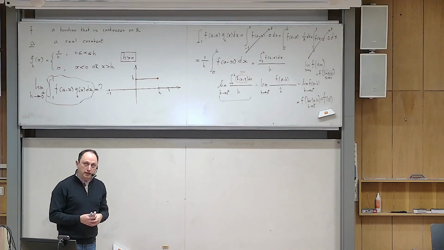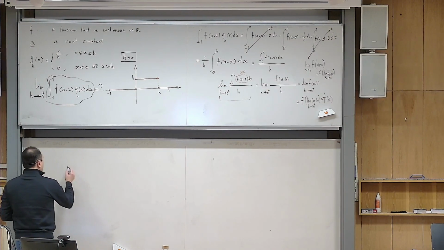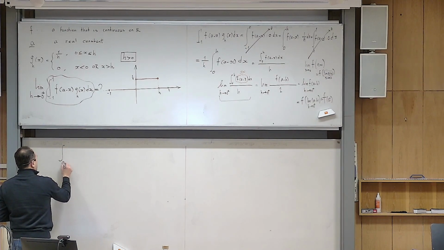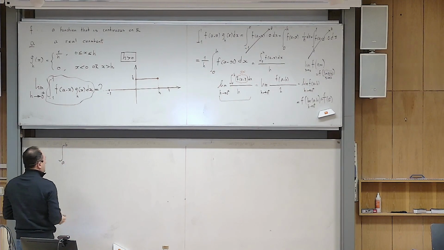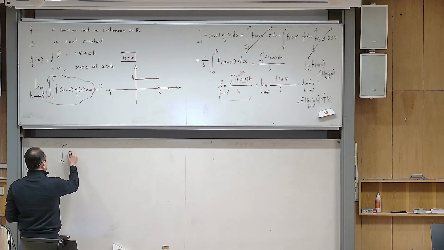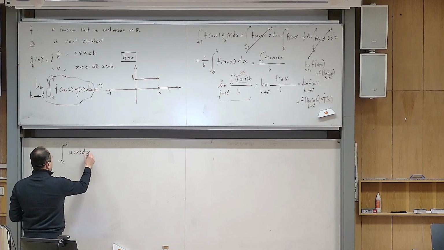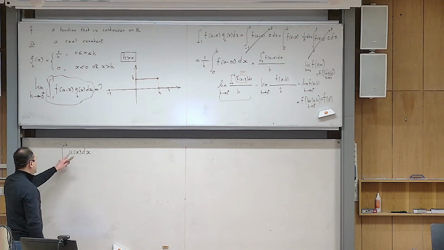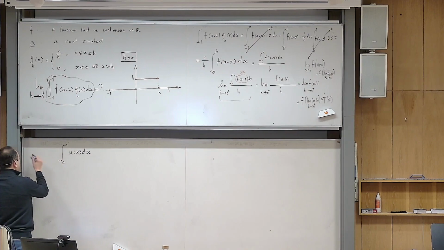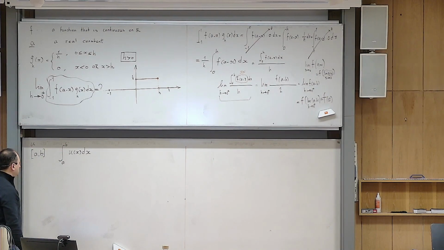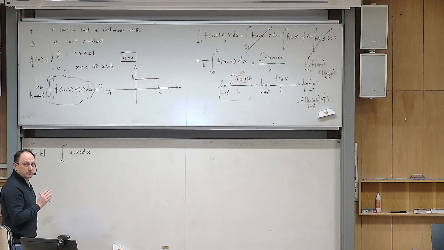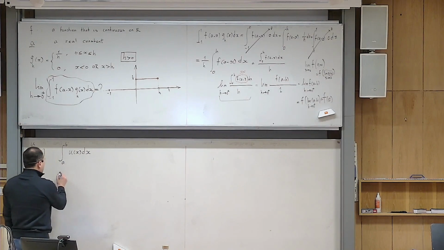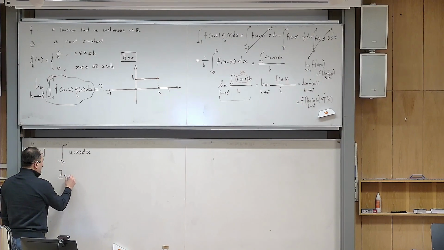So let me remind you about that theorem first. Assume that you are calculating the integral from a to b of a function, let me use the letter u, u of x dx. There is one condition here: you know that the function u, whatever it is, is continuous on the closed interval of your integration limits. It is continuous there. So the intermediate value theorem of integrals guarantees that there exists a constant c within this